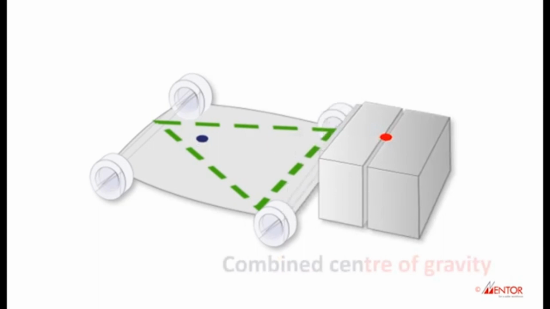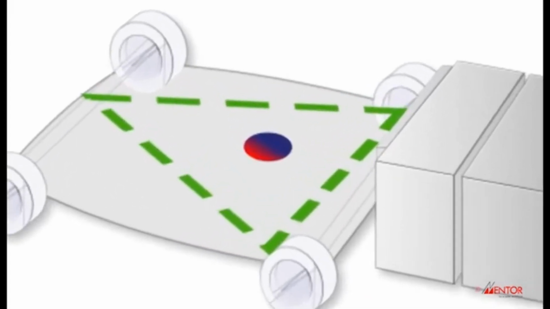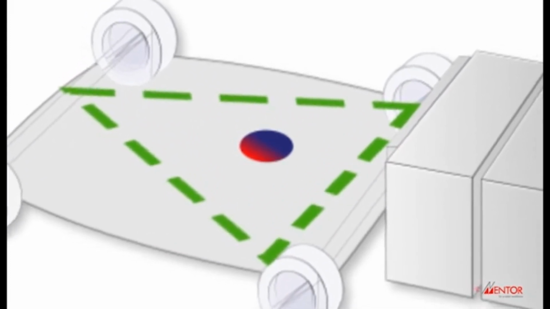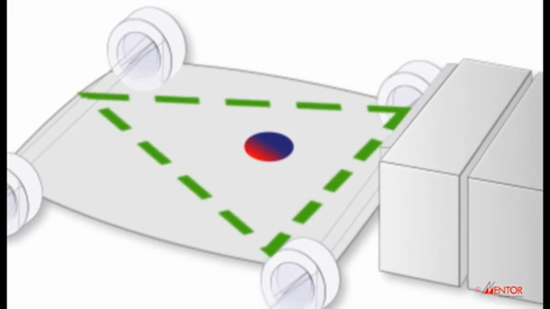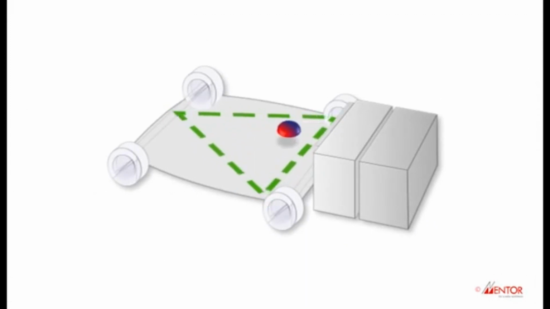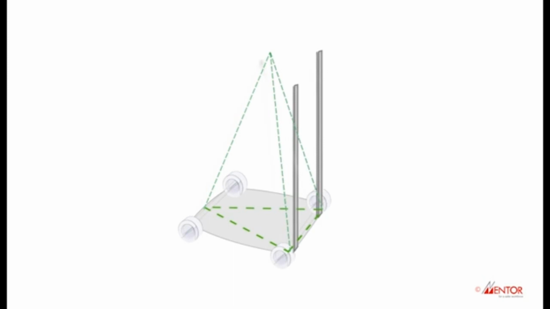When a lift truck picks up a load, the centre of gravity of the lift truck and the load combine in the centre of the truck. This is the combined centre of gravity. For the lift truck to remain stable and safe, the centre of gravity needs to stay within the stability triangle. Lifting or lowering the load, braking and accelerating, or turning a tight corner, all have an effect on the centre of gravity. When a load is raised, the stability triangle becomes a pyramid.